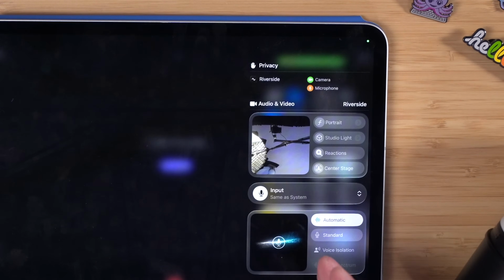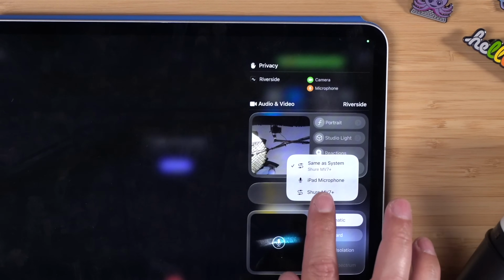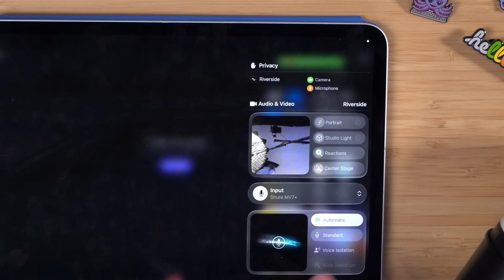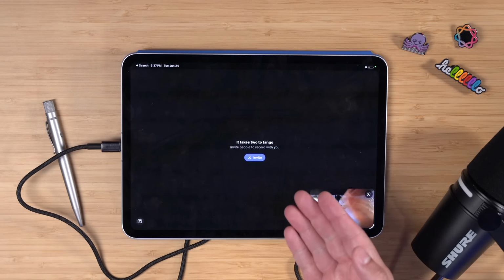It'll bring up this menu, and here you'll see the new input control. When I tap input, I'll see a list of devices connected to the iPad, and sure enough, there's the Shure MV7 Plus, and now I can hard choose that as the input for this app. You also get access to things like voice isolation that will apply to whatever audio device you have connected. So I can turn on voice isolation, and now this microphone with voice isolation will be used in Riverside once